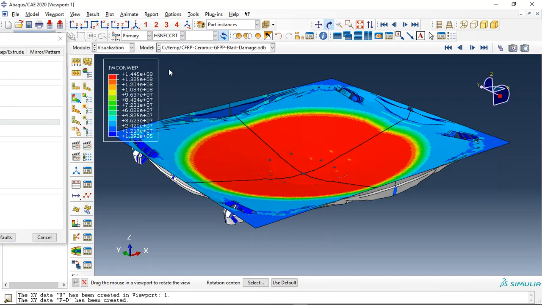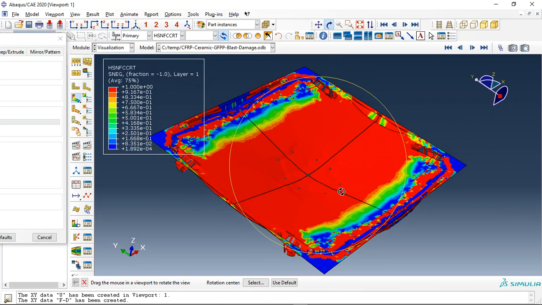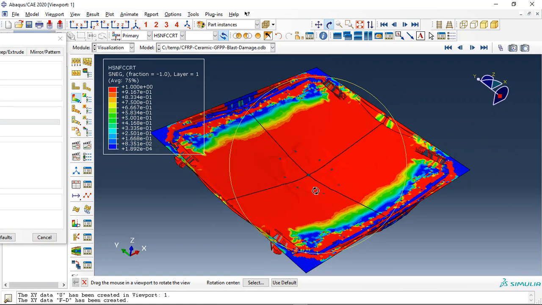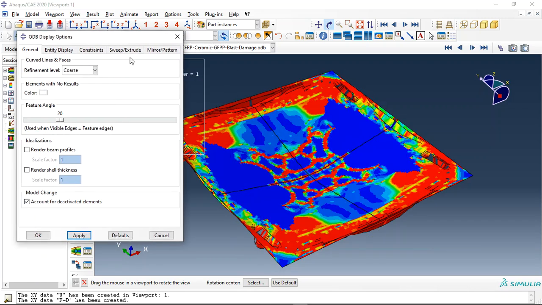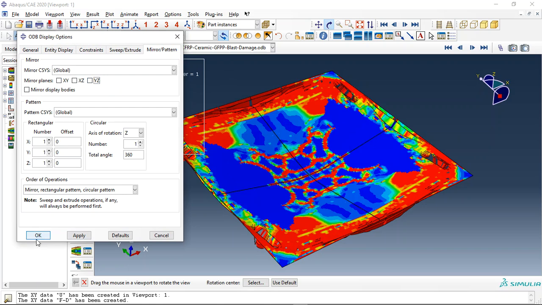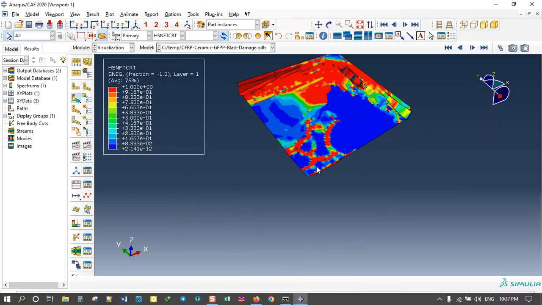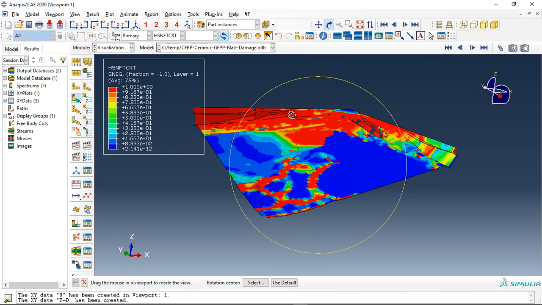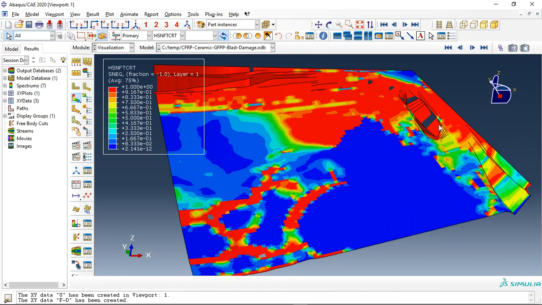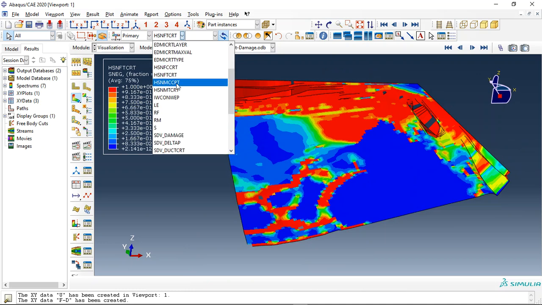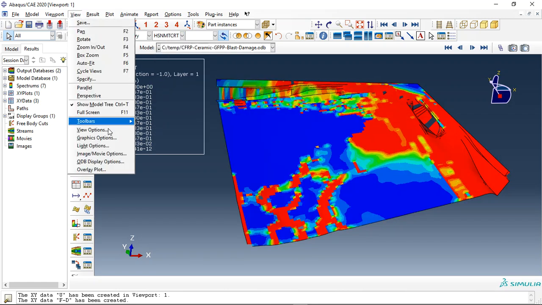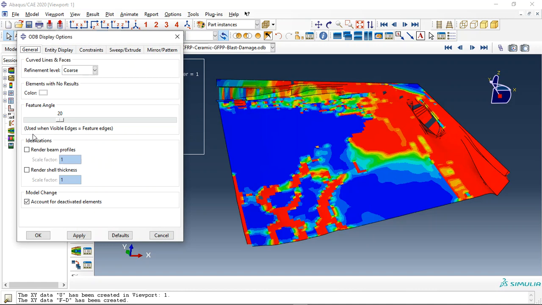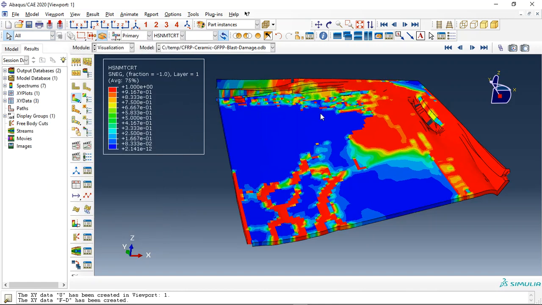And then the Hashin damage criterion: compression for the fiber, tension for the fiber, and let me make this YZ. That's better to have 1/4 of the model. See the failure happen here, or compression for matrix, tension for matrix, and we can check the thickness again. And now let me replace